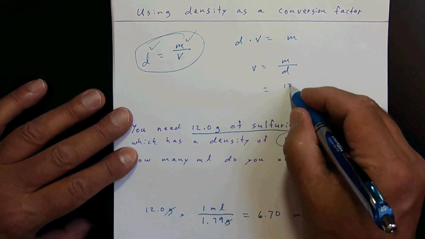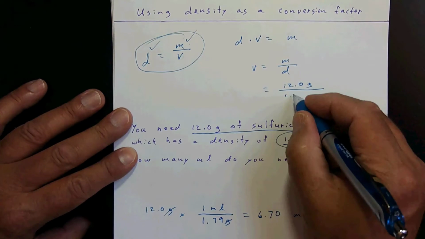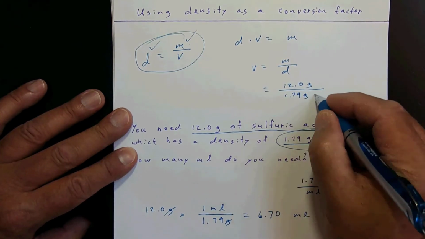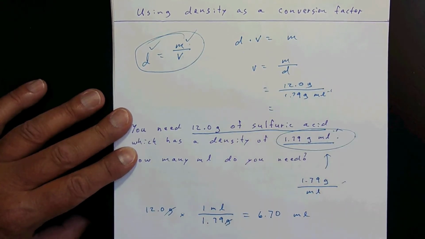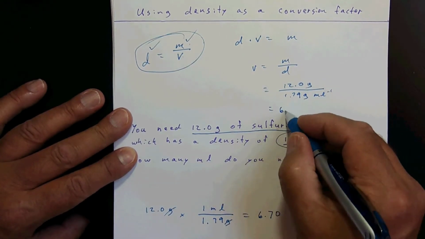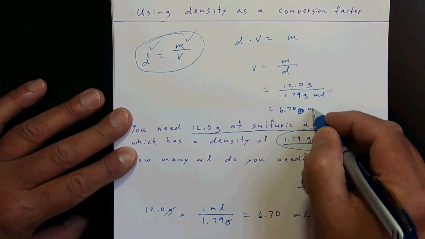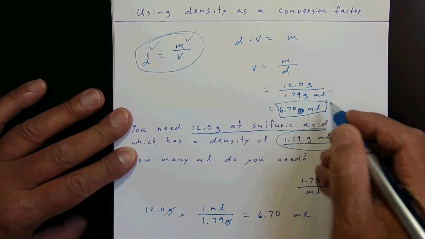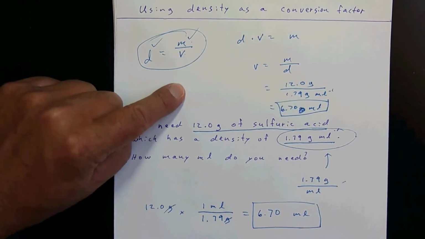Plug in your stuff, 12.0 grams all over 1.79 grams milliliters to the negative 1. Guess what? You get the same darn answer we got below, 6.70. Oops, milliliters. So again, you can do the algebra,